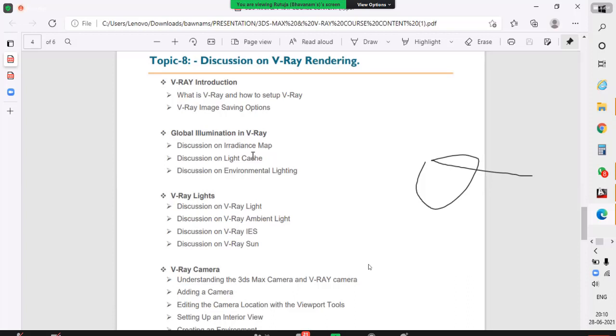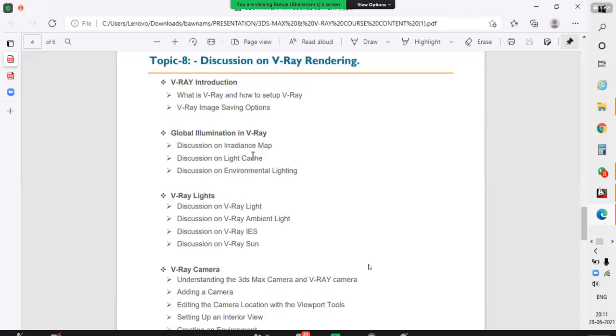So what is this? The environment map. In the environment map, we will use it for global illumination and the light catch. Light is one of the main parts in your interior, exterior, and cutout. Without light, you do not get a perfect render because it does not look very beautiful, the awesome pictures. Okay, so that's why we learn about the light catch also. Then there is environmental lighting. If you get sunlight, there is environmental light also.